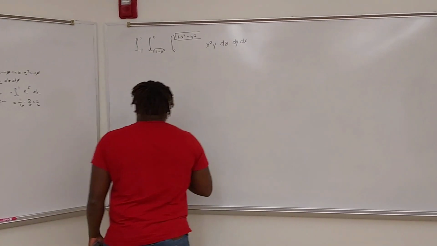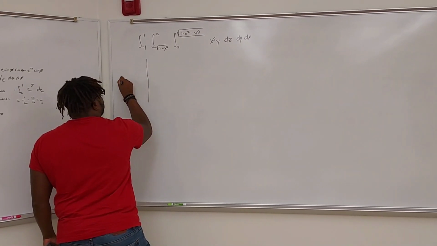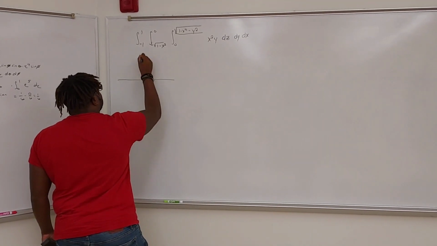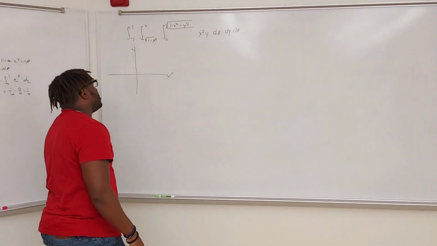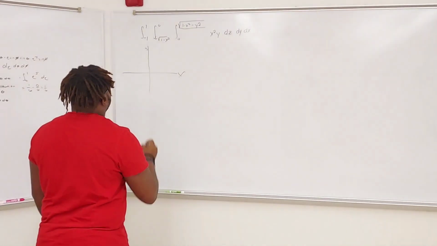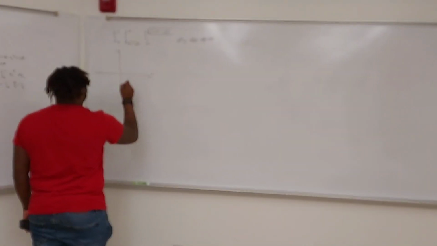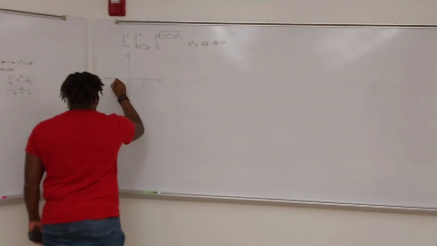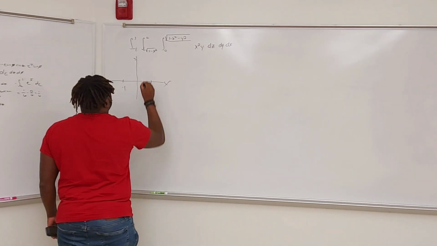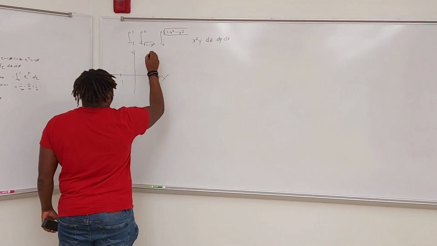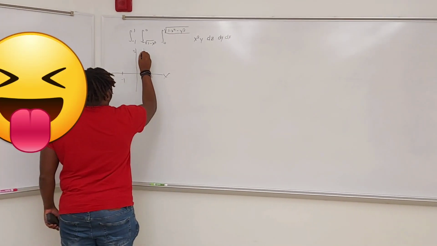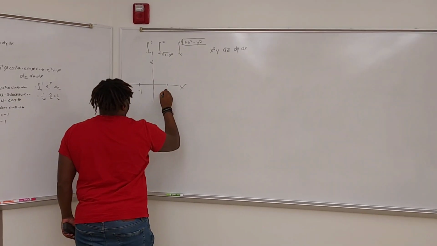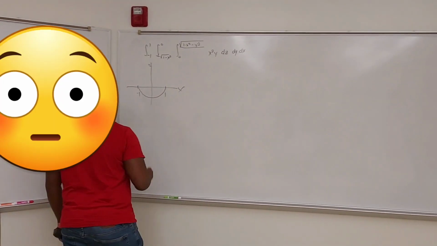So to change a bound, you have to make a graph. Well, not a graph, but a plot. A graph. We're gonna make a graph. And then so we have y to x, but x has 1, -1. So we gotta put 1 and then -1 right here. And since dy is an equation for a circle, and since this is negative, it'll be the bottom half of this circle. So it'll be from -1 to 1, and for